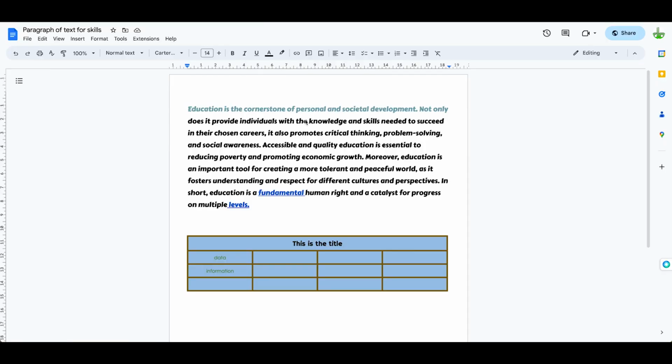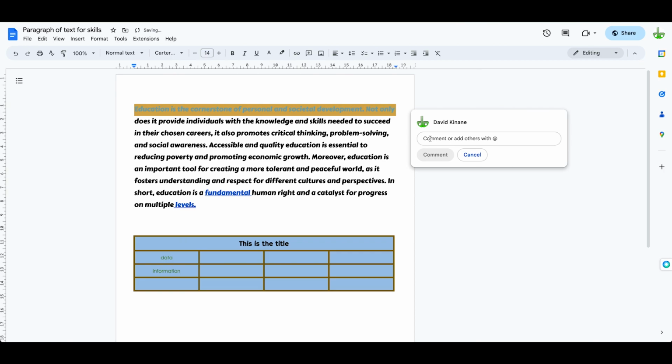Comments are a really good way to give some feedback on a document or when you're co-constructing together. To do that, let's highlight this bit of text here, and I'm going to use the comment function. I'm going to click on comment, and I want to ask the person I'm co-constructing with. I can just type in here, do you think this is